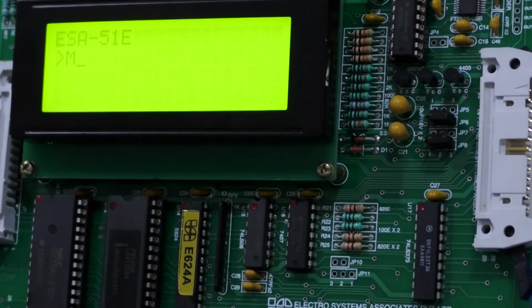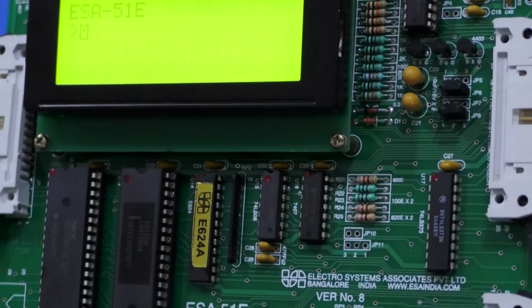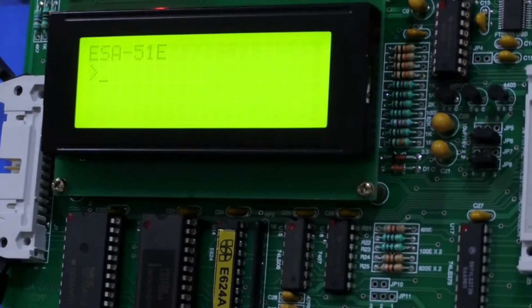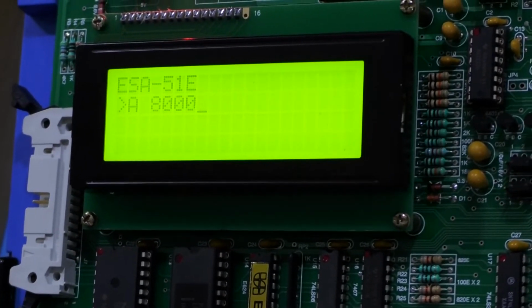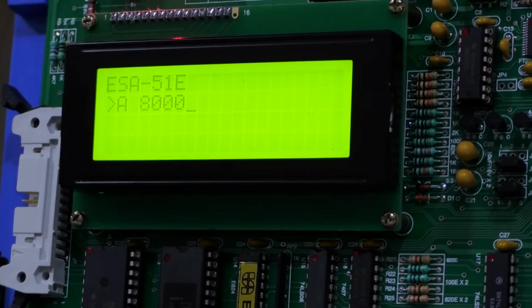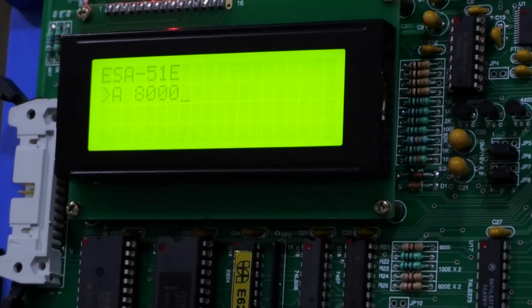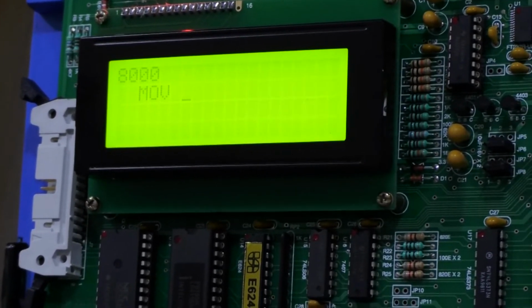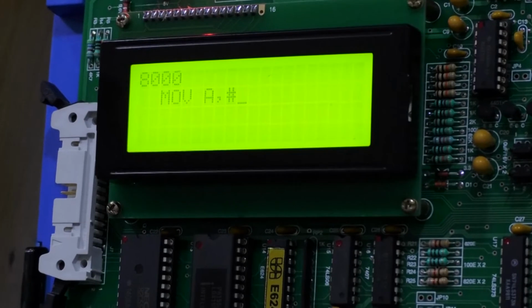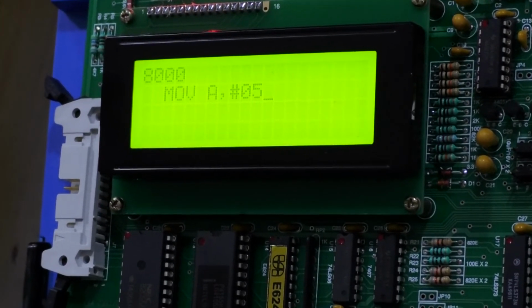After pressing reset, again you have to type A space 8000, where you give the assembler address location, and it is 8000. Then press enter. In place of 8000, now you are going to store the subtraction program. For the subtraction program, MOV A, #05 is the first instruction.